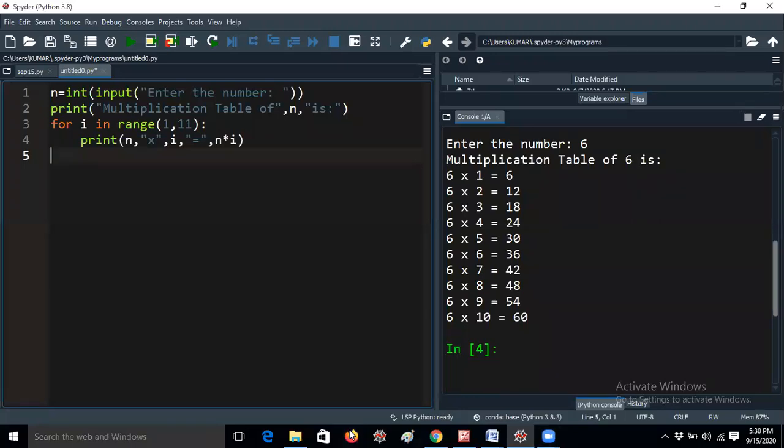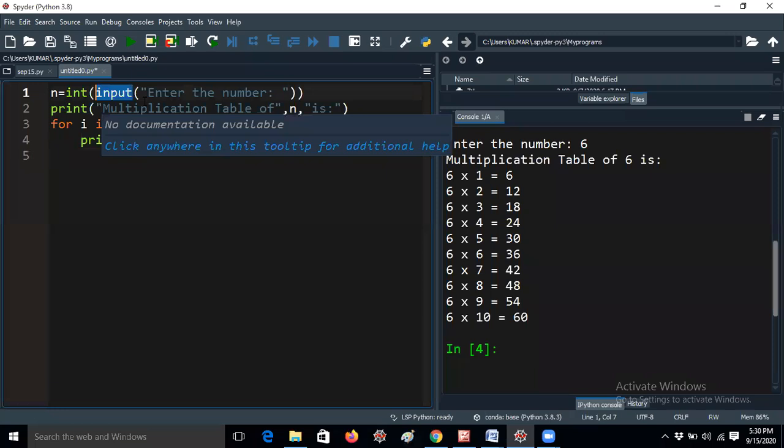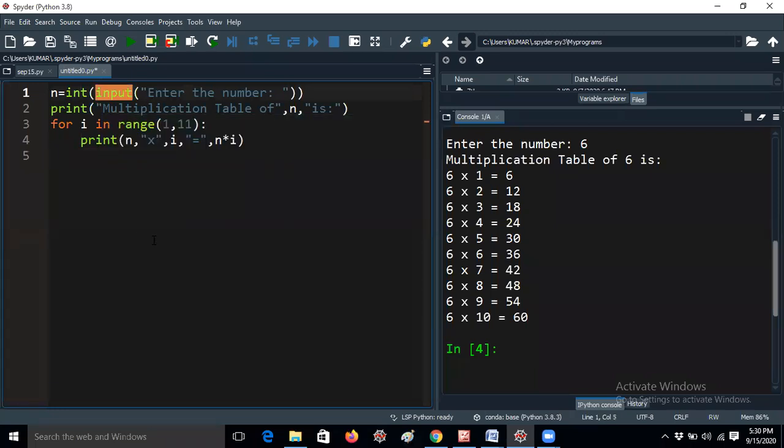You should give output also, in the external examination or internal examination, whatever it may be. But you should explain, the way I explained just now. For is a keyword here, n is a variable used to store the particular value. The type conversion is needed because whenever you read input from the keyboard, it usually takes a string only in Python. That's the reason I'm converting it to an integer. In the same way you should explain, because whenever this question is asked for 5 marks or 10 marks, you should explain. Then only you will understand, and the examiner can also easily follow.